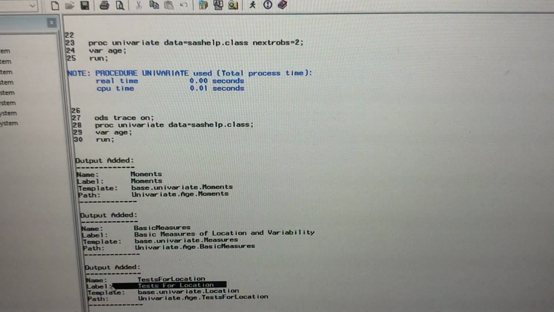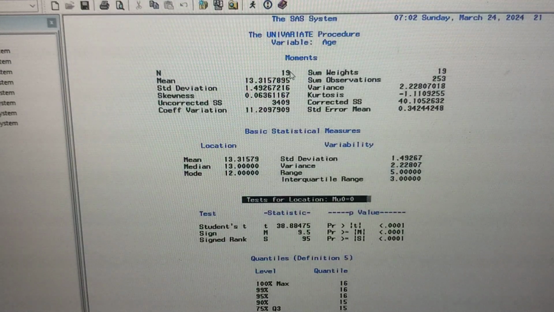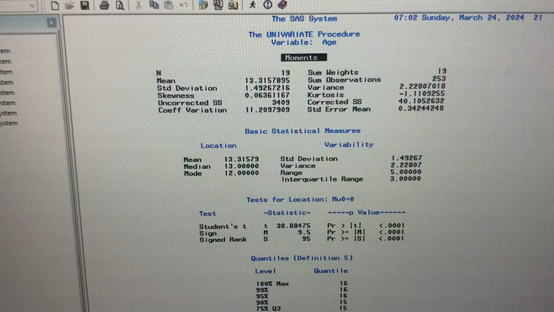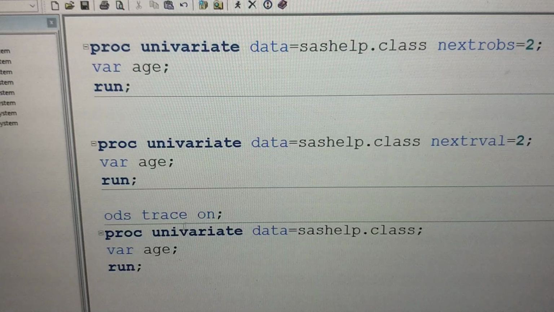But here you can see name, concentrated on name only. There is no space here, without any space only. So you can see the name and you can see the label, but I need only moments output, only moments. So first, after tracing your objective name,